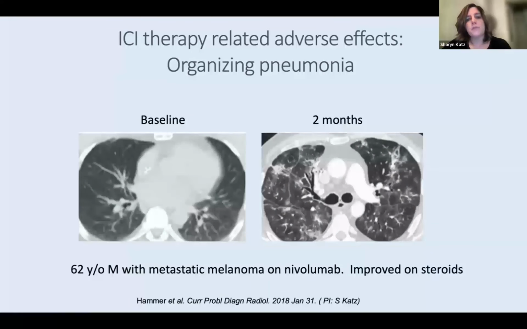And this is another example of organizing pneumonia. Little different appearance to it. This doesn't have the central clearing. This is more of a consolidative nodule. If I saw this image without any other information, with this being the baseline,